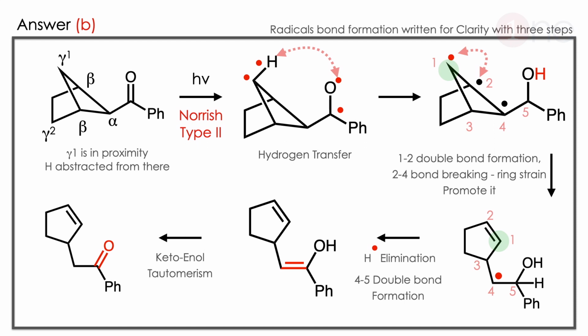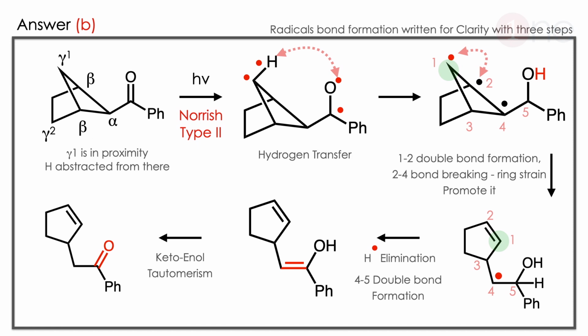The answer is B. Let us see how. Here carbonyl is there, you are using the light, so definitely Norrish type 2 reaction occurs. In Norrish type 2 reaction, normally the hydrogen is transferred from the gamma hydrogen. So there are 2 gamma hydrogens, gamma 1 and 2, but gamma 1 is very close to the carbonyl group. So the proximity here is important. The hydrogen transfers to the oxygen and forms alcohol. Here the remaining part is staying as a radical. So the radical has to be quenched.